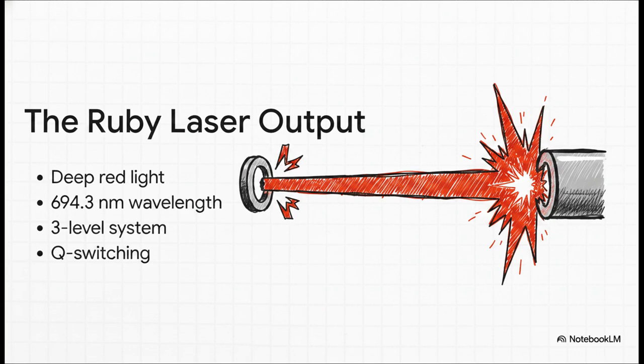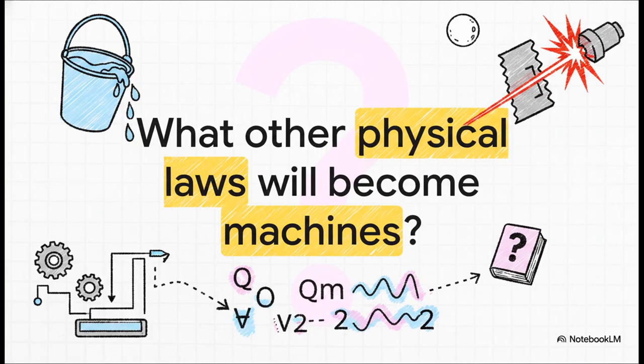Just wild stuff. So, from an equation representing a leaky bucket to a brilliantly engineered red beam capable of cutting metal and measuring the distance to the moon, now that we know exactly how to turn invisible quantum math into a beam of solid light, it really leaves you wondering what other wildly abstract physical laws are just sitting in textbooks right now, waiting for the right engineer to build them into